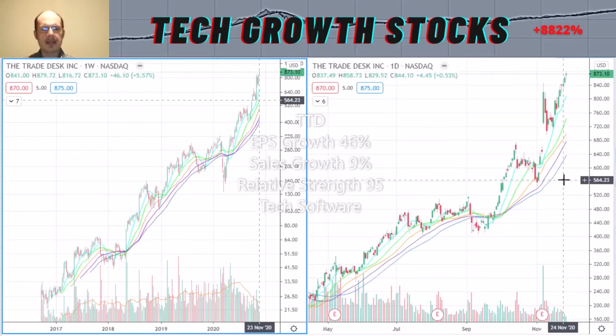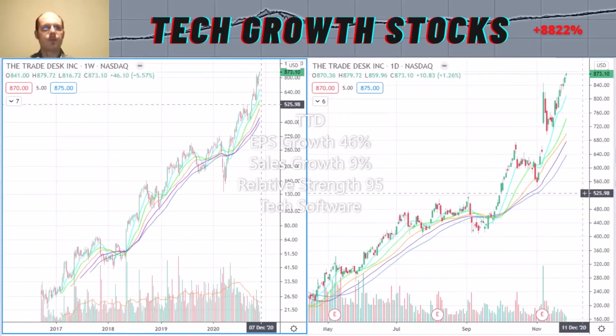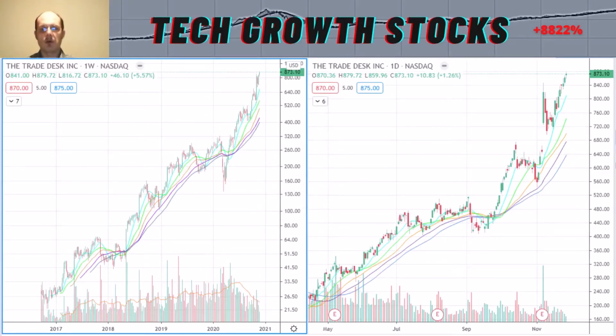The trade desk's growth characteristics: the EPS growth is very strong with 46%, and the sales growth is 9%, and the relative strength rating is good with 95, and it's in a hot sector, it's in the tech software sector. So I think it's definitely a top momentum stock to buy. Okay, everybody, so that was it for TTD. Let's have a look at the next top momentum stock to buy, and it is